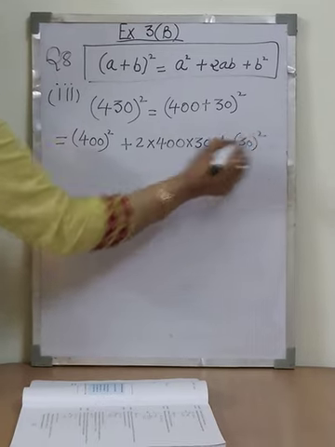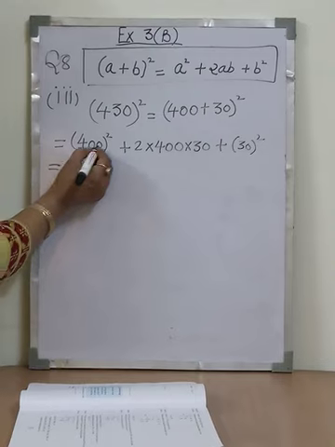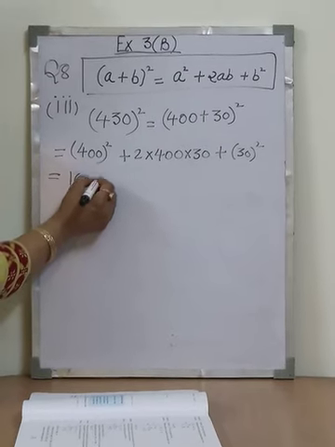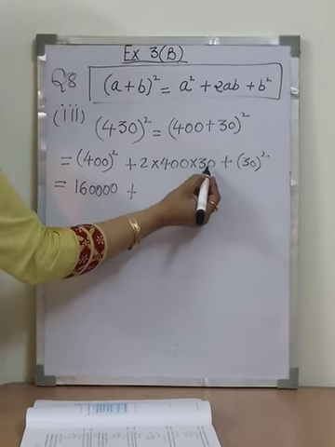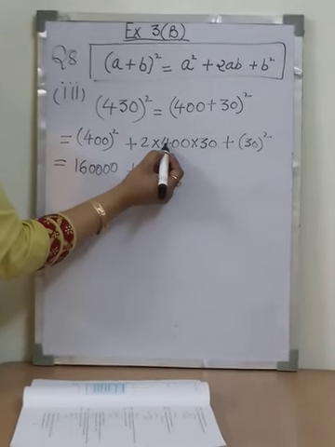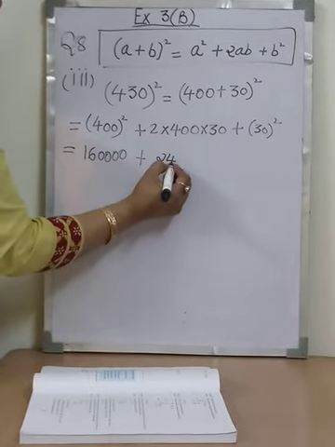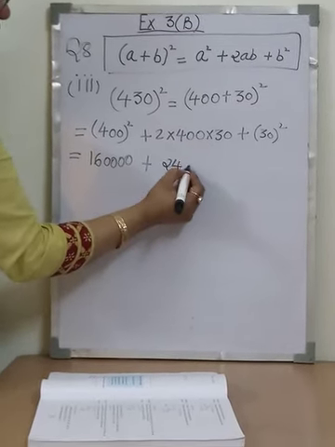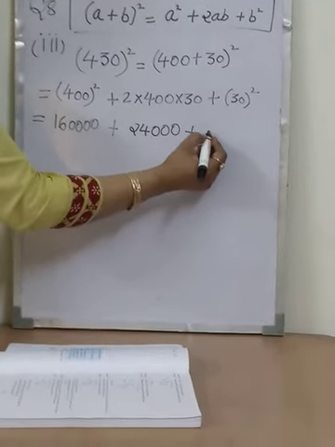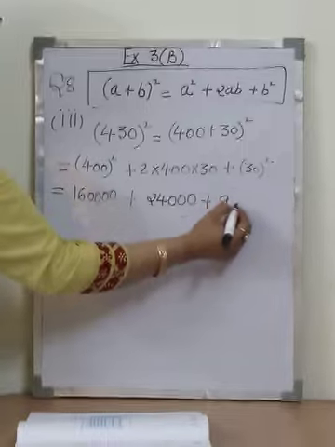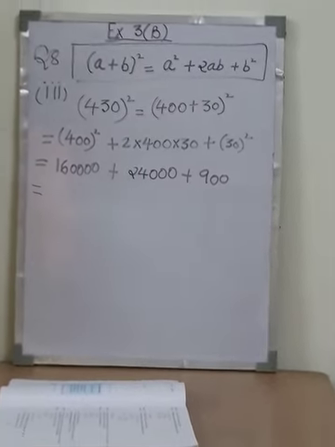First we'll write the expression. Now square of 4 is 16 and square of 00 will become how many zeros? 4 zeros. We multiply the numbers here, then we put the zeros. 4 2s is 8 and 8 3s is 24. How many zeros now? 1, 2 and 3. Then square of 3 is 9. Square of 10 will become 2 zeros. Now we add all the numbers.